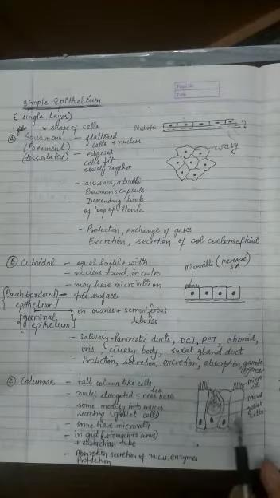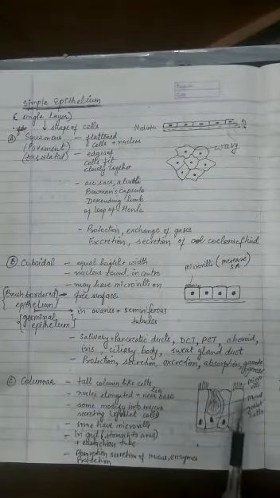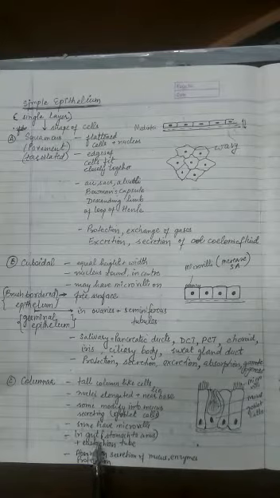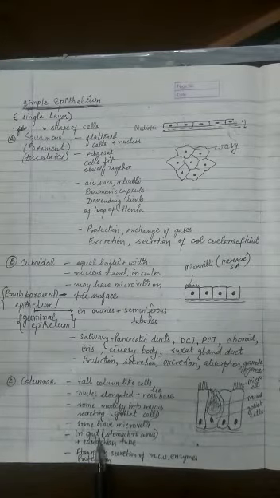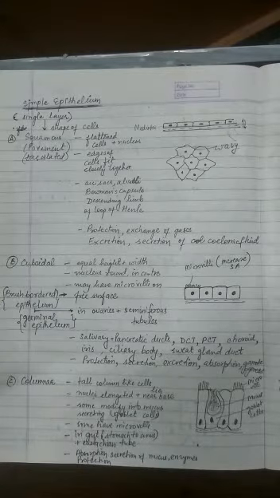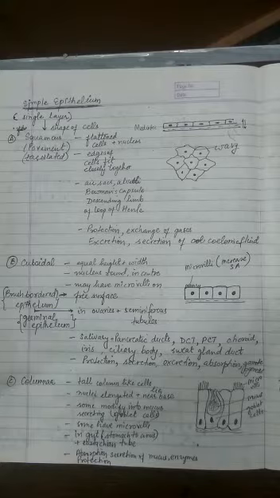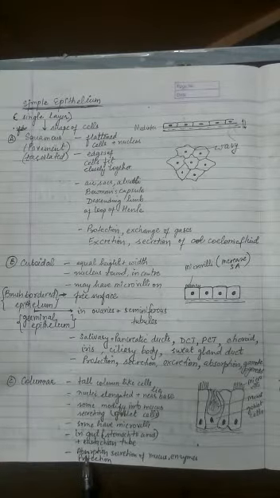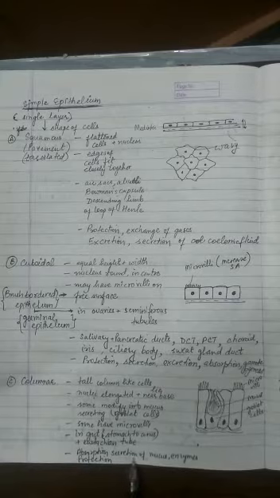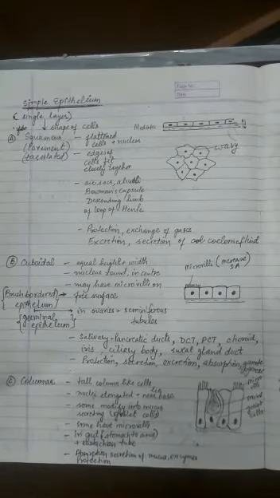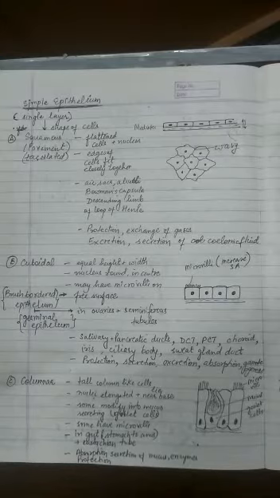Some of them may also carry microvilli to increase surface area, and then they are present in the gut. When we say gut, that means basically from stomach to the anus. And they are found even in the Eustachian tube. Eustachian tube is present in your ear, which joins the middle ear with your buccal cavity or the oral cavity. And their function is to perform absorption or secretion of mucus or enzymes, as well as protection.